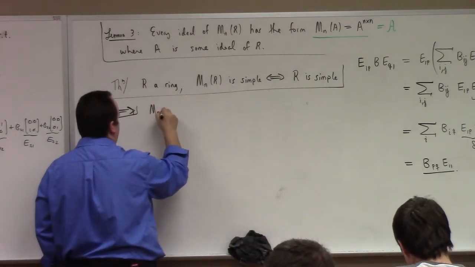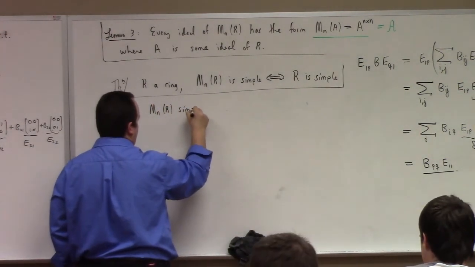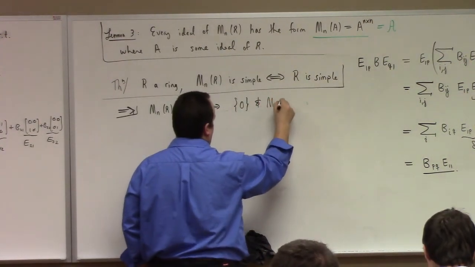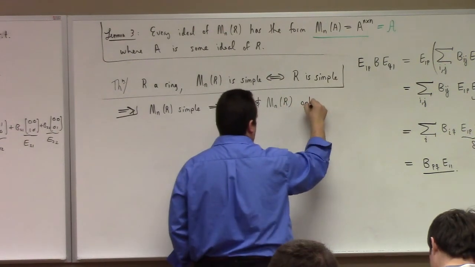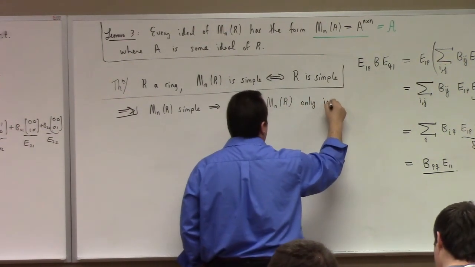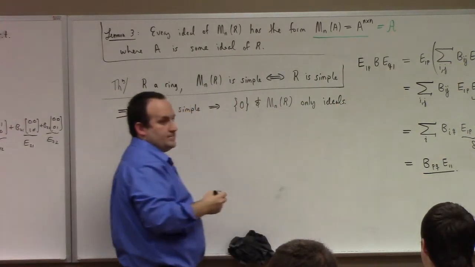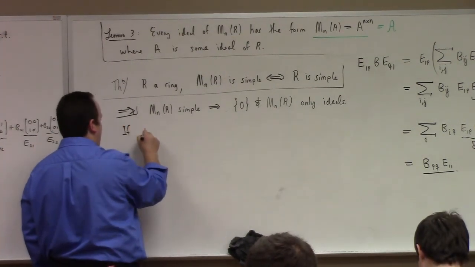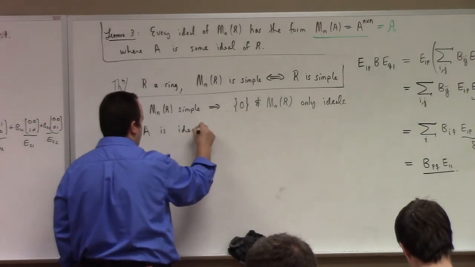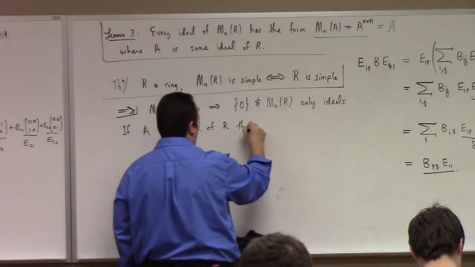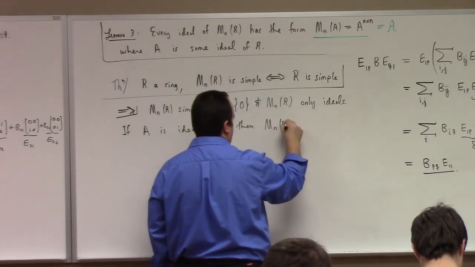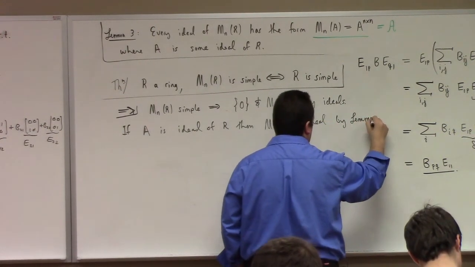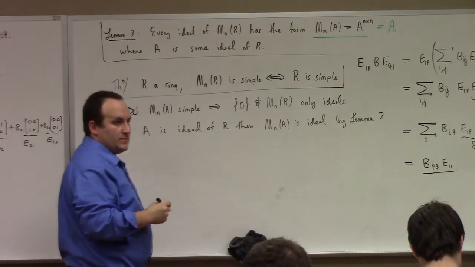If M_n(R) is simple, what does that mean? These are the only ideals of the matrix ring. If A is an ideal of R, then what? M_n(A) is an ideal by the lemma, right? Hence,